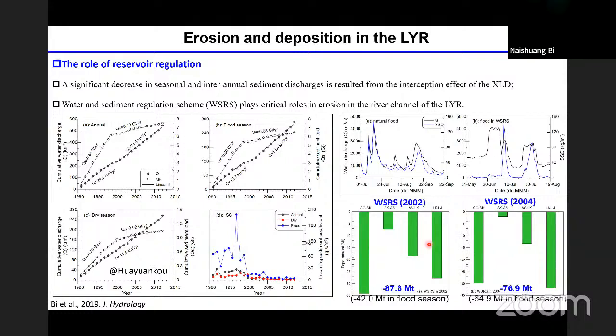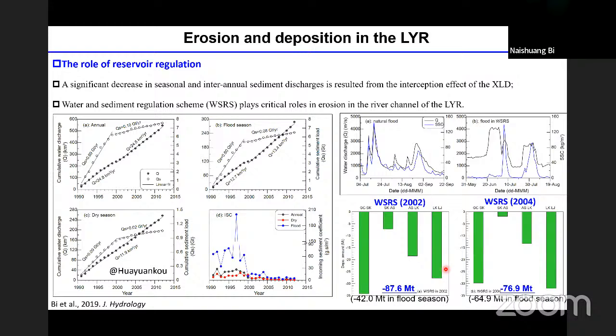So this can also be proved by the erosion deposition amount after water sediment regulation scheme events. This figure shows the erosion amount in transitional meandering reaches after the water sediment regulation scheme event in 2002 and 2004. The white-blue figure shows erosion amount during water sediment regulation scheme events, which is much higher than the value in the flood season. That means the water sediment regulation scheme is very important